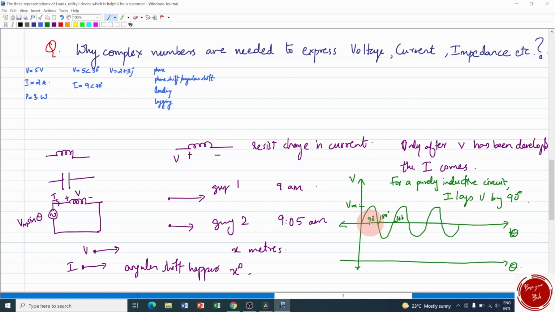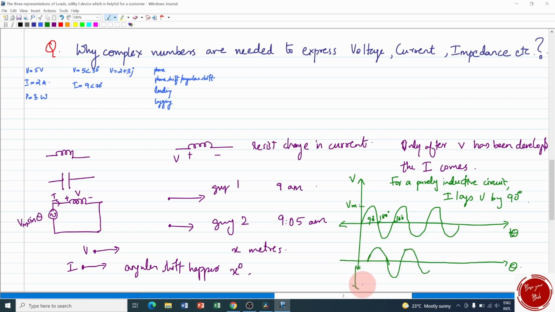So at the 90 degree point, the voltage has taken its maximum. But at the same 90 degree point, the current would have only started to rise. Voltage started rising from the 0 point and reached its maximum. The current copies the voltage pattern, starting from 0 and rising upwards. That same scenario is copied by the current only after a 90 degree phase shift. So the current development will be like this.